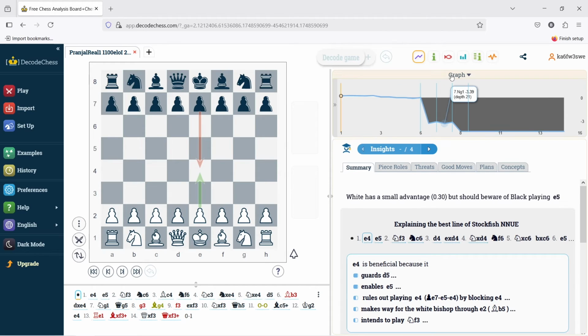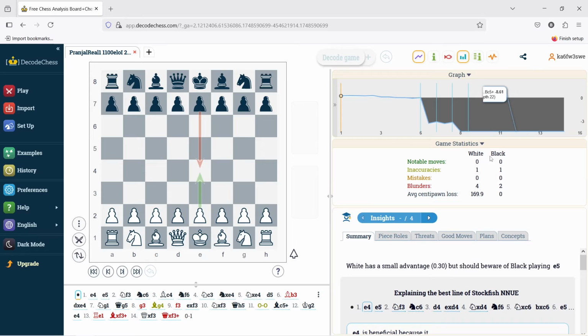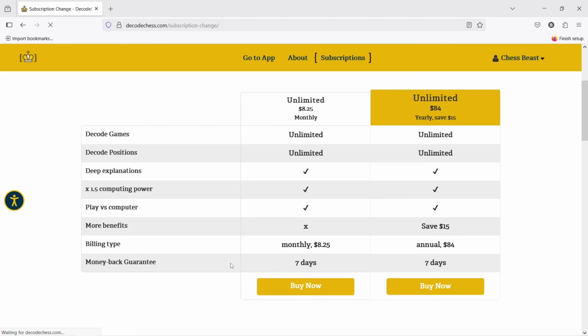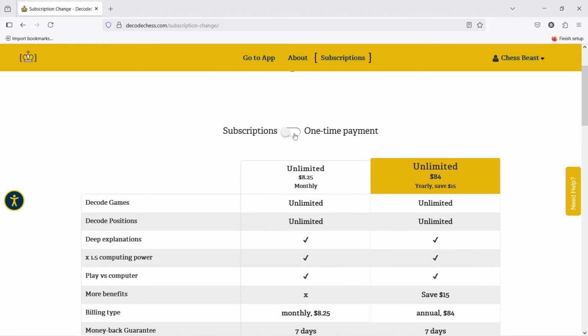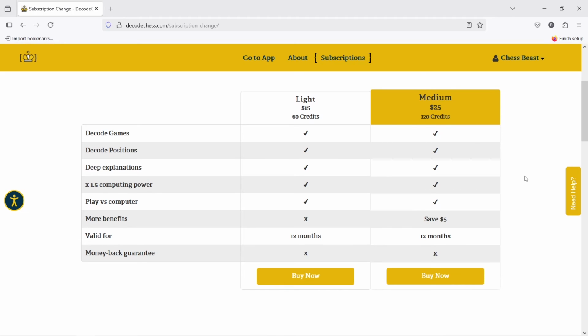To view the result of your game, click on statistics. In my opinion, this is the best website in terms of explanation. However, it's ranked 3rd because the free version limits the number of games you can analyze. To access more features, a subscription is required. Still, you can use this website daily for high quality explanation. But don't worry, 2 more websites are left and they are completely free.